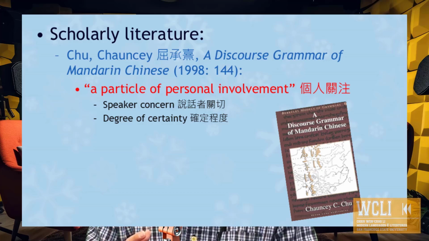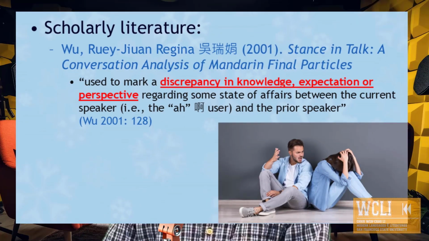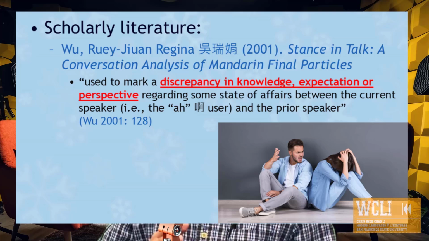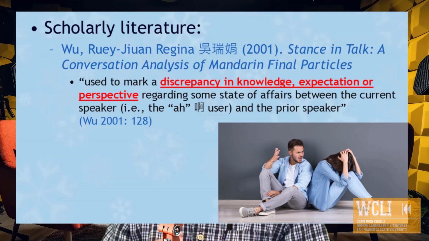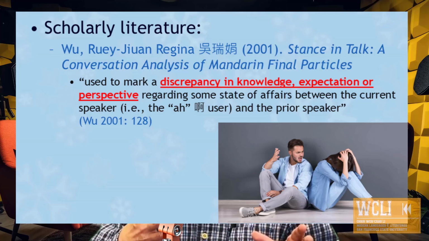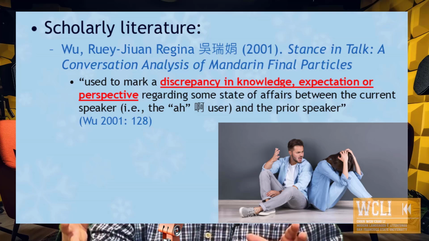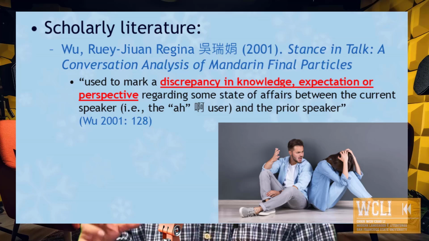this issue matters to you, and degree of certainty, that is, how attached or how certain you are to this statement that you're making. A description of 啊 that captures the essence of the particle even better is that of Regina Wu, who believes that 啊 is used to mark a discrepancy in knowledge, expectation, or perspective regarding some state of affairs between the current speaker and the previous speaker. That is to say, when two people are talking, if I say something and I believe that you may think differently, you may have a different view of this state of affairs, then I add an 啊 to the end of